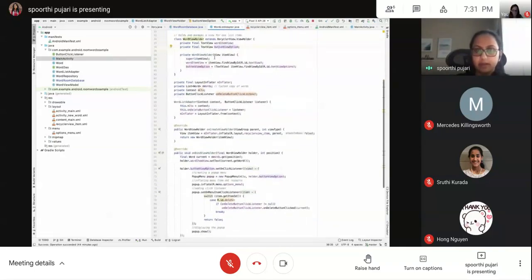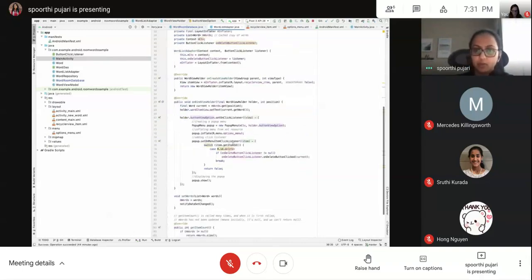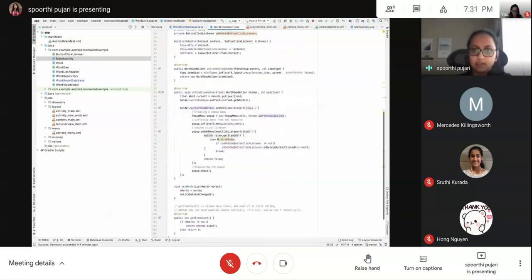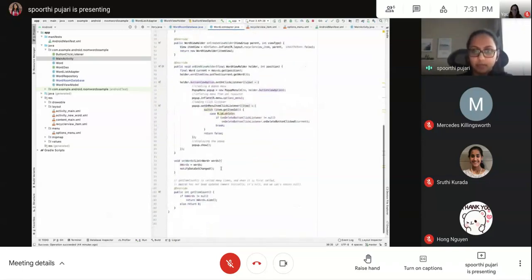Each of our list items basically has a text view, and it has one option menu which has a delete button in it. Then we have this click listener for the delete button, and then we have our main method, which is this set words method, which is what we use to provide what list of words needs to be displayed in the recycler view.